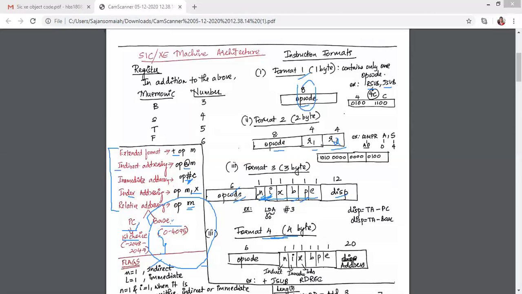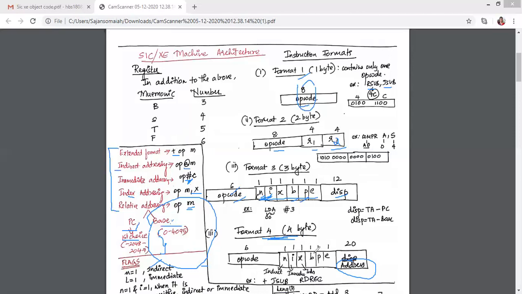So if you have an instruction which has plus, then the E flag will be set to 1, which shows that it is format 4. If it is having plus, then you will have to choose format 4 because the address is larger there. If it does not have plus, then you will have to use format 3. And if you see a plus, only E has to be set to 1. The rest we will decide as and when we progress with the problems, right?